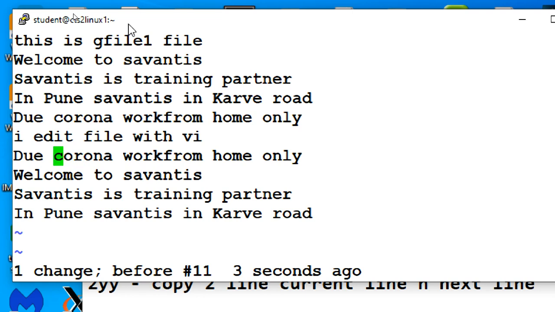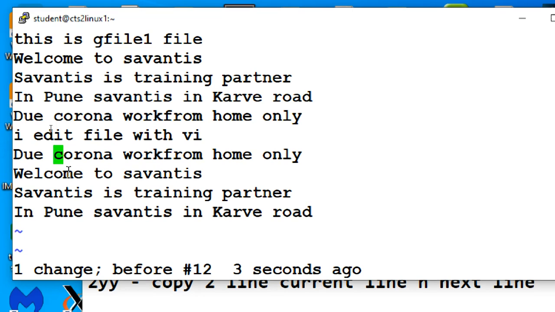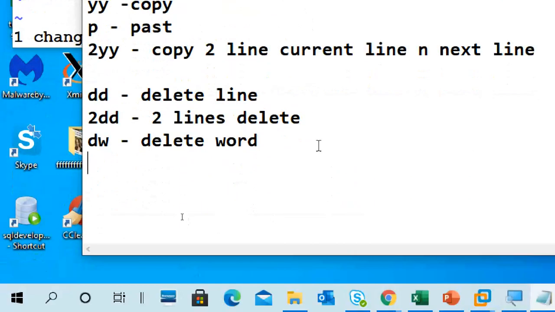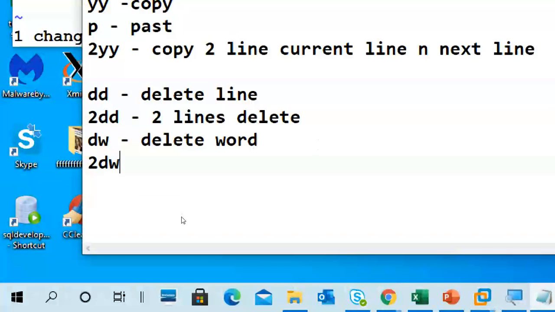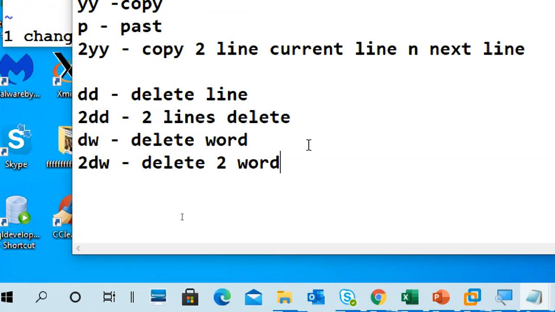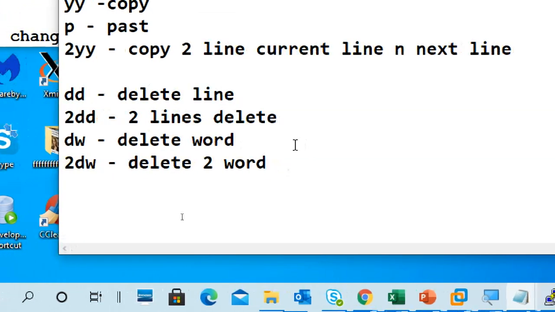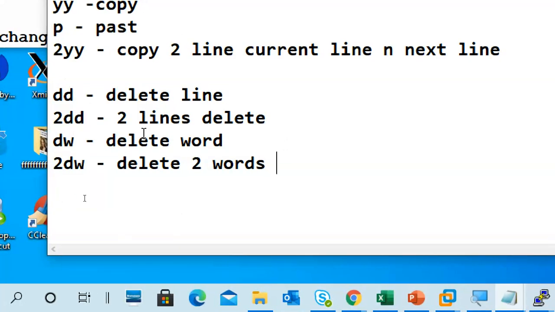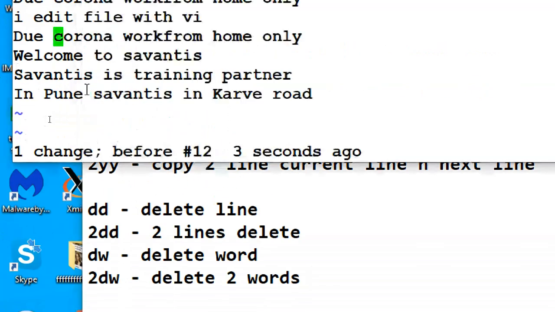I want to delete three words, 3dw, like that. 2dw means delete two words, and make sure that your cursor is at the start of the word.